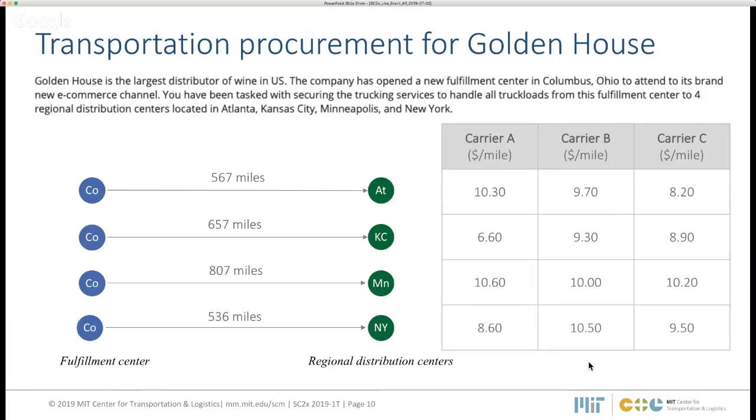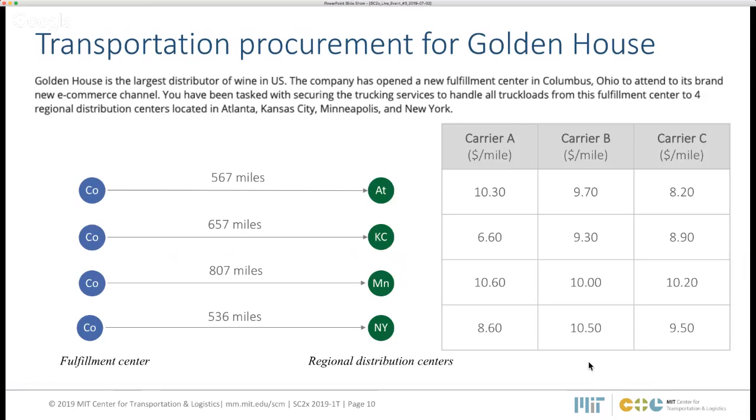You decided to run an auction, and you received bids from 3 main carriers: A, B, and C. What they provide is just the bids, meaning what they will charge you if they get the lane. For example, carrier A will charge you $10.3 per mile. This information is measured in dollars per mile.